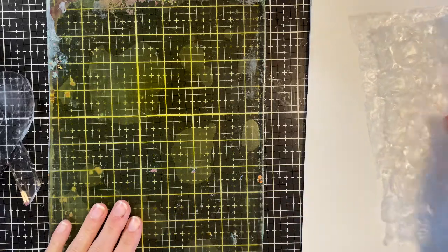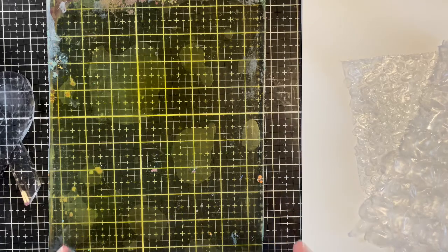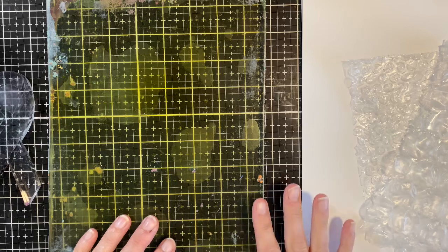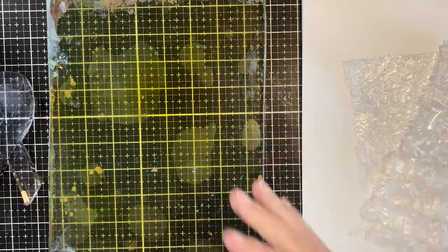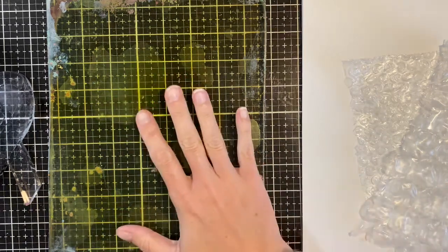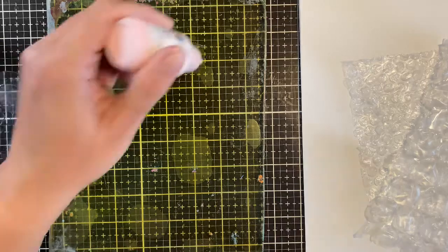We need to do a pull. And so I'm going to be using some Nina White 110-pound cardstock for this, and I am going to need about 2 other sheets of paper, but for the first part, I only need for the pressing part, I should say, on this 8x10 plate, I only need that piece of paper. So what I'm going to do first is I'm actually going to just put out some of this